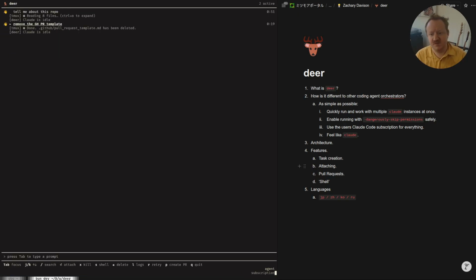We can detach from them, right? But what do we do when we've actually finished the work that we want to do? So how do we get that out now? We want to basically start merging that into main, and we go through GitHub is the plan.